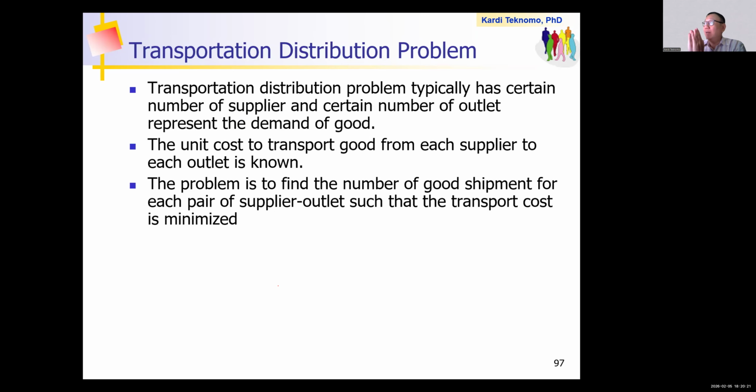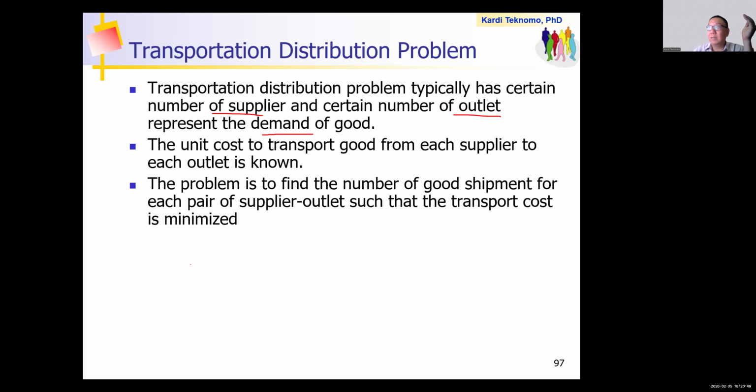So now we will have this practice of what is called the transportation distribution problem. This is logistics. Say you have a number of suppliers and a number of outlets to represent the demand and supply, and the unit cost of the goods is also known.